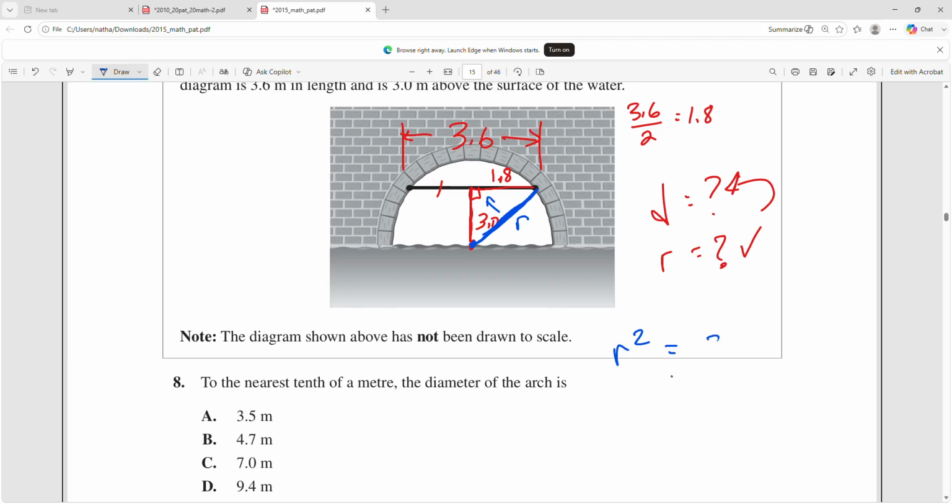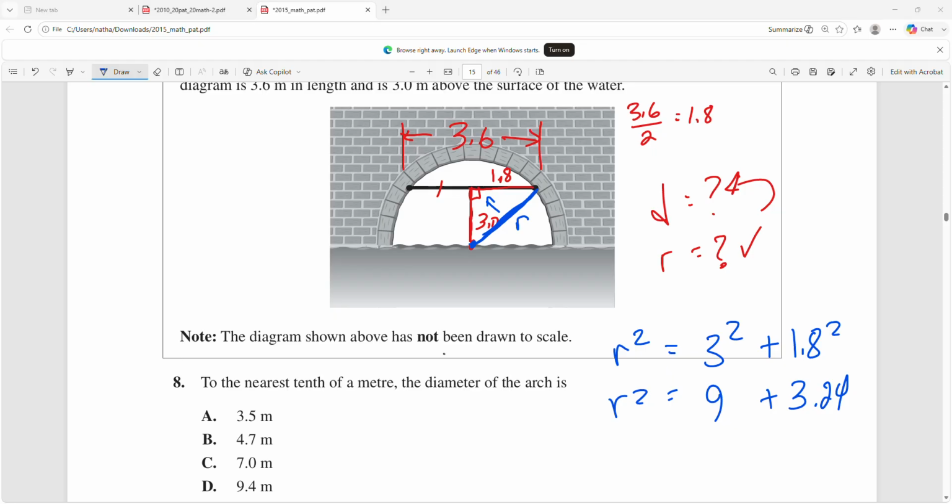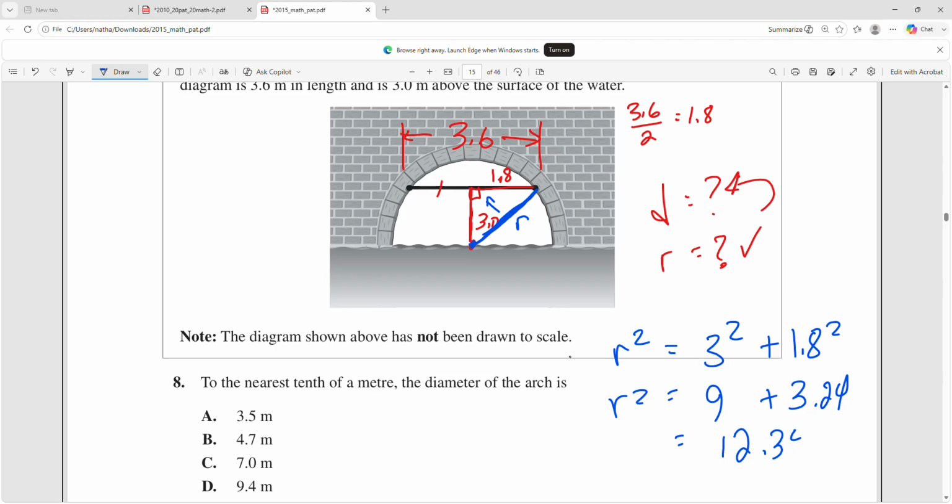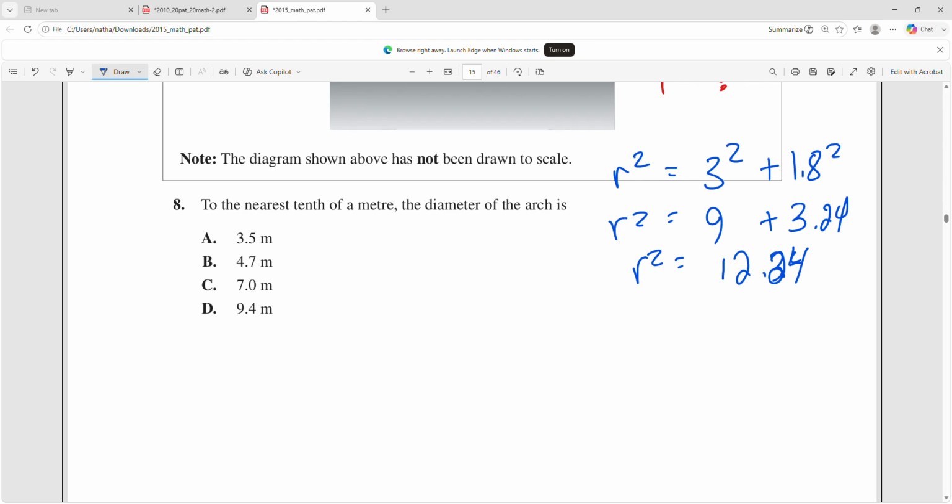equal to 3.0 squared plus 1.8 squared. R squared is equal to 9 plus, I believe this comes out to 3.24. Done this problem a few times, but let's just make sure. Okay. So we have 9 plus 3.24, which is 12.24, equal to r squared. So to get r now, we take the square root of both sides. Square root of r squared is r. Square root of 12.24